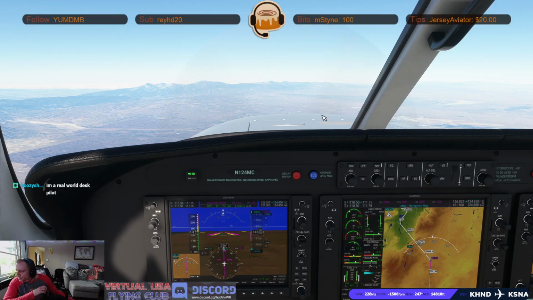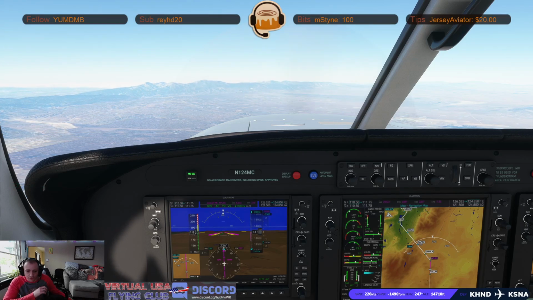Alright, we'll delete the restriction at Apples, and then we'll descend at the crossing restrictions on the Emlyn 1 for